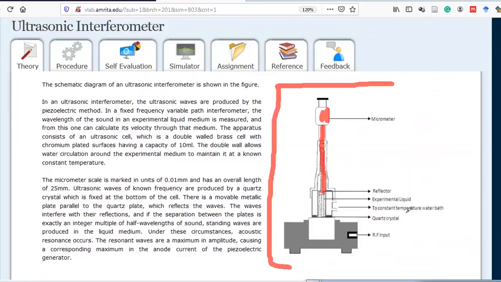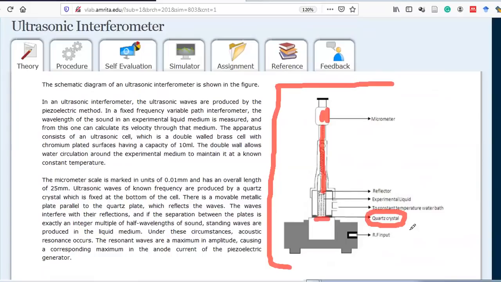Okay, and third, again you see the constant temperature water bath. So this is not required at this moment because we are not utilizing this in the real lab, so you may skip this also, but there is a facility to keep a constant temperature throughout the liquid. But we are not performing with this, so you can skip this one. And at the last, you see at the bottom side, somewhere here below the liquid, we are keeping the quartz crystal.